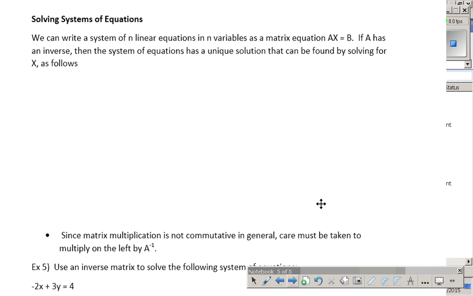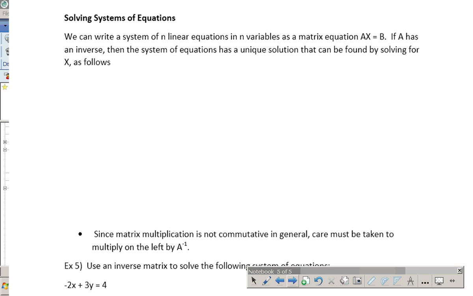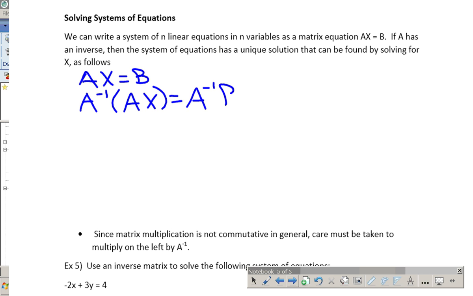Okay, so how can we go about solving systems of equations? We can write a system of n linear equations and n variables as a matrix equation, AX equals B. If A has an inverse, then the system of equations has a unique solution that can be found by solving for X. So if I have AX equals B, okay, I take the inverse, and what we wind up with